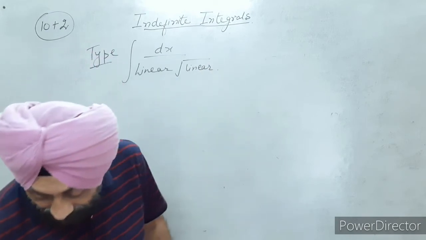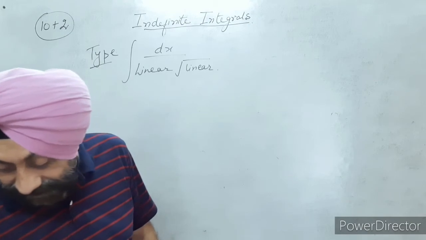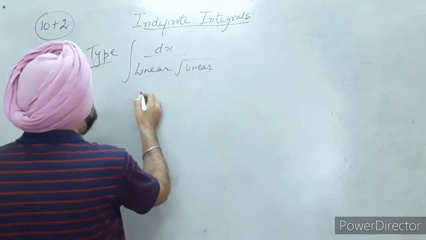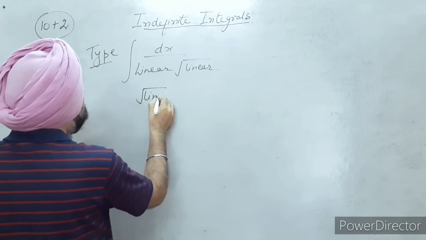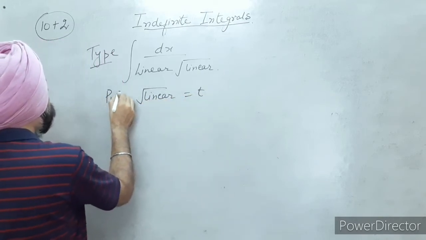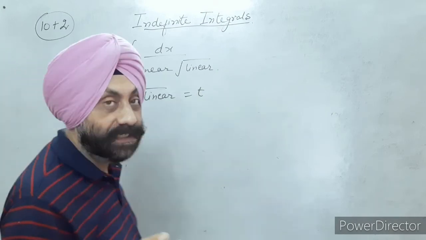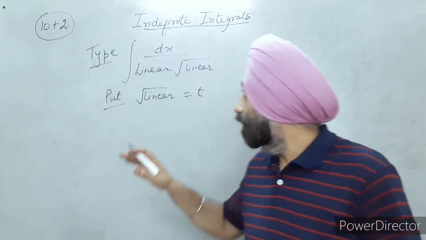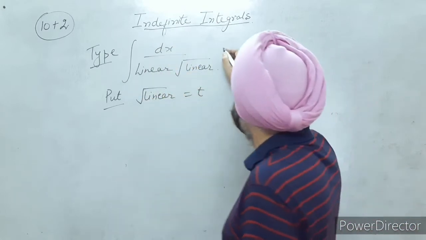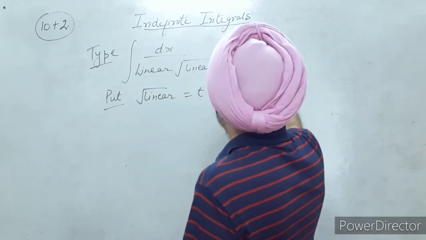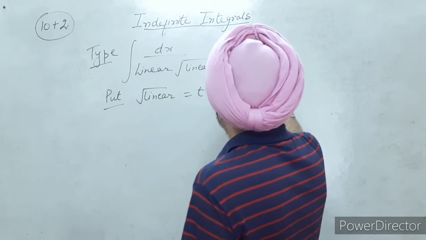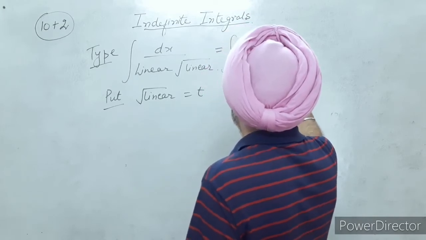For example, we will do a question and in this kind we put this under root linear equals to p. We substitute this. We put under root linear equals to p in this type. Right? Now it is integral dx upon linear into under root. For example, it can be of this form: dx upon ax plus b, into under root of cx plus